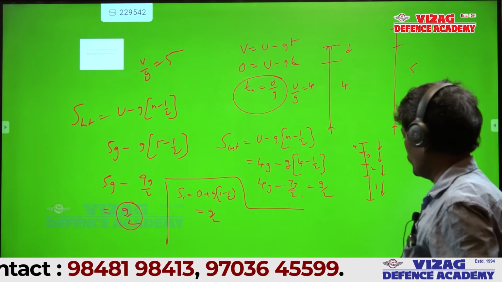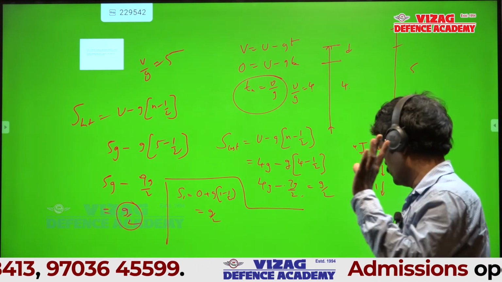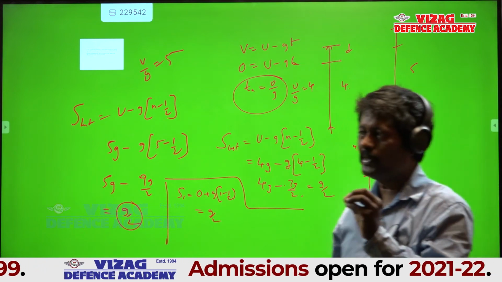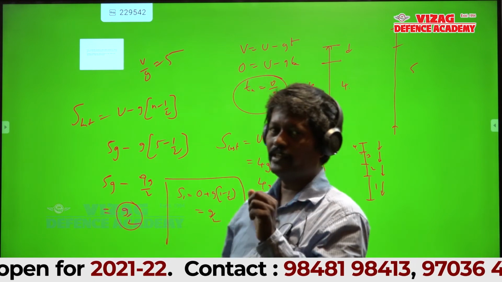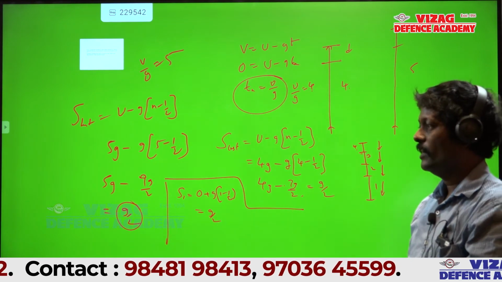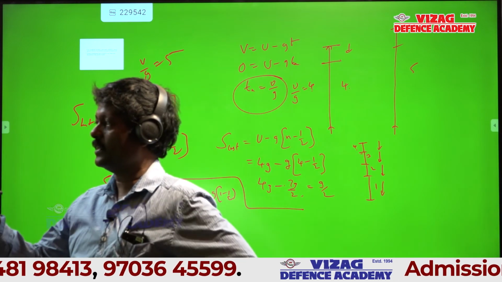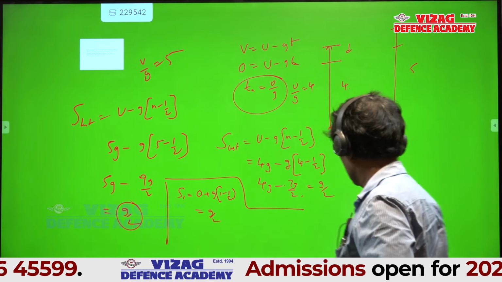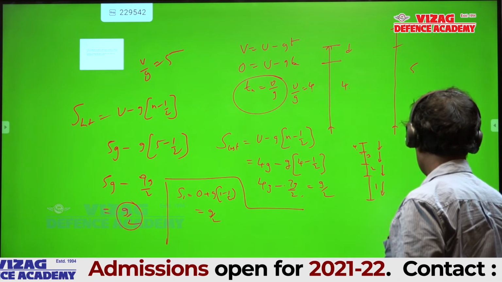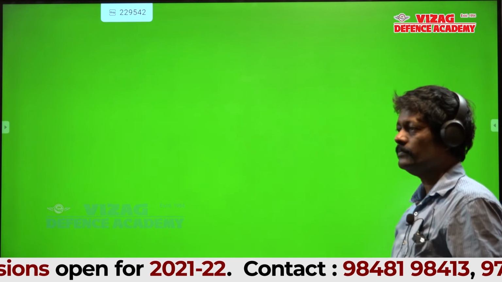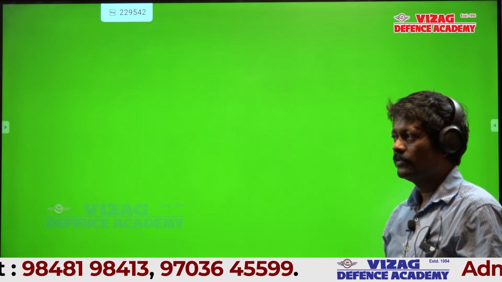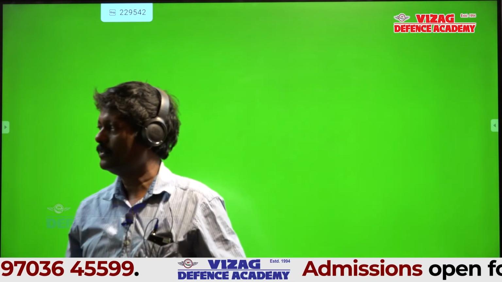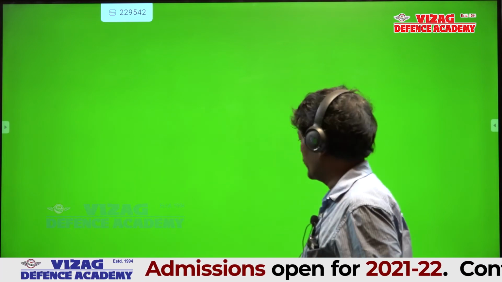Now listen, I will tell you one very interesting point. You heard about impulse? Somasaket, you tell me what is impulse? Sir, it is the product of force and time that produces a finite change in momentum of the body. Very good. It's a product of force and time which gives you the change in momentum.